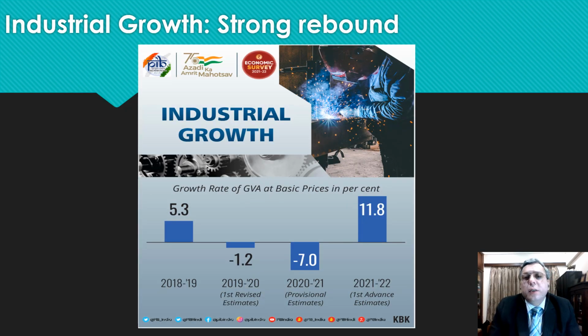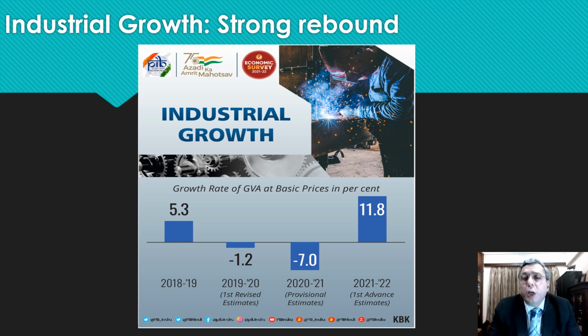Firstly, the industry, the spine of the economy. The growth rate of the gross value added at basic prices, in percent: we were at about 5.3% in 2018-19. There was an incipient slowdown that was coming in March because of the lockdown. We saw a sharp fall which brought down the entire 2020 number to a negative print. It became a hugely negative -7% in the full year 2021 because of the COVID lockdowns and the economy getting a lot of supply side constraints.